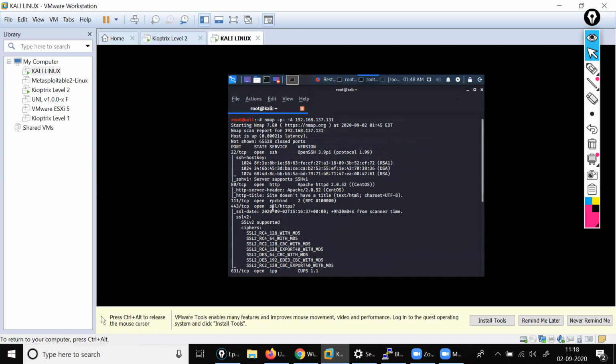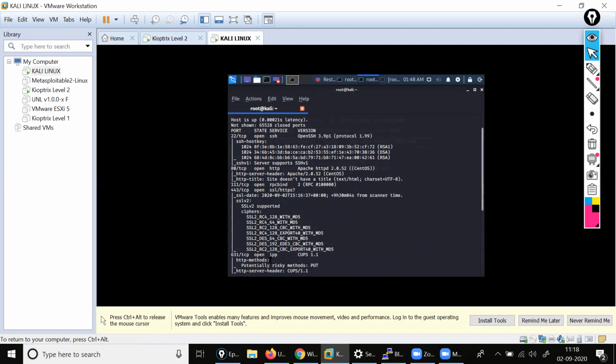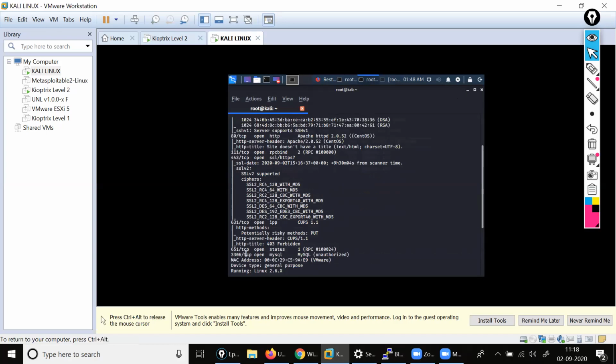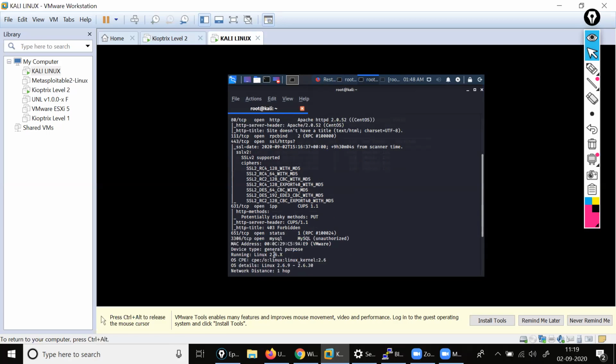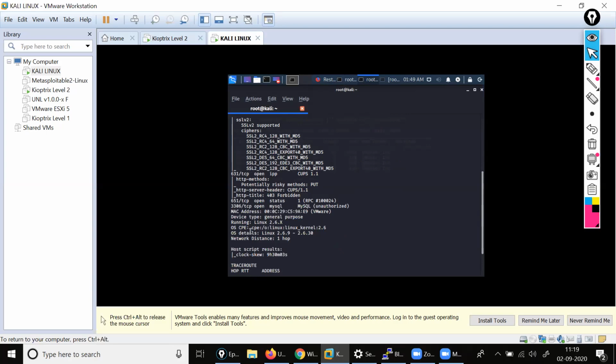That is for RPC bind. 443 for HTTPS, some unknown ports are open. Then TCP IPP 631 is for your status. 3306 TCP is for MySQL. Understood. This is a vulnerable port. With that vulnerable port, you can get access.